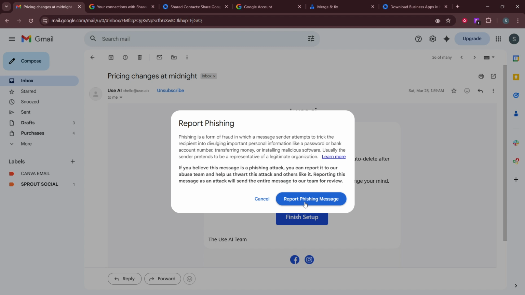That's it. The email is reported to Google and automatically moved to your spam folder. From here, Gmail will keep it out of your inbox, reducing the chance of accidentally interacting with it later. Reporting in this way provides useful signals to Google's security systems and helps protect other users who might receive similar